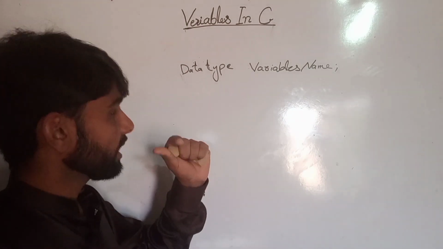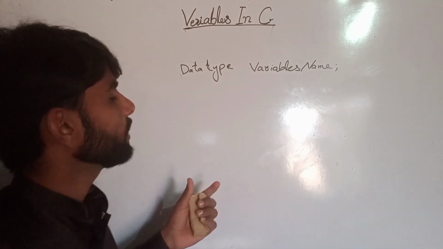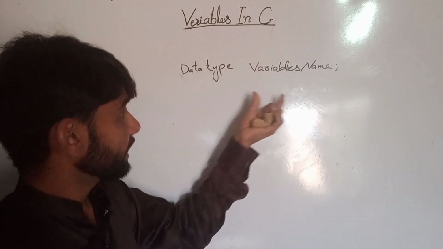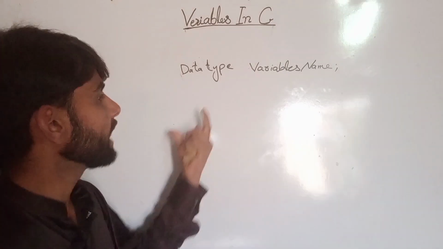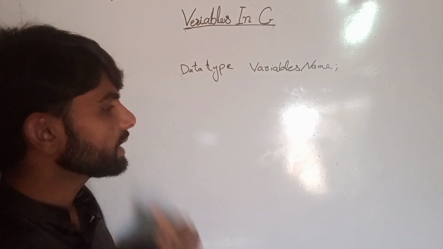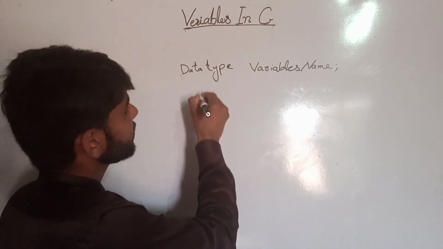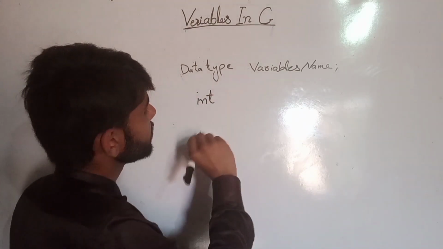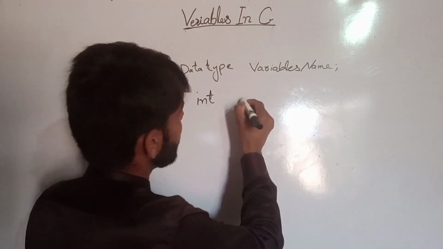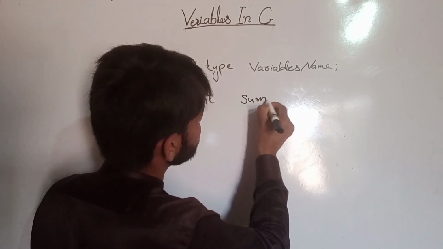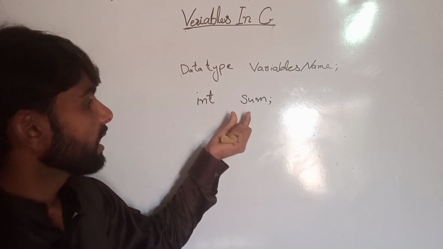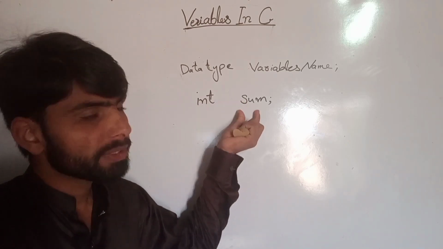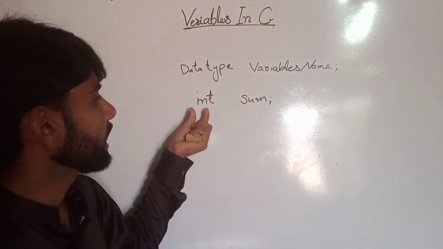What is the meaning of data type? What type of variable are we going to declare that holds the data, what the data type would be, right? So that's why we use data type. For example, here I use int and the variable name is sum, right? So it means that I have declared a variable with the name sum and it's going to store integer